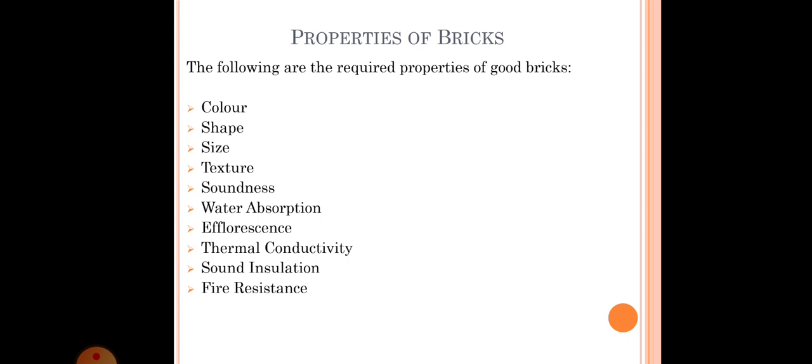Now coming to the fire resistance, bricks are usually good, and bricks are actually used to encase steel columns to protect them from fire. So more than the stones, the bricks are proven to have more fire resistance. Actually in the process of manufacturing bricks, like I told you, the bricks are burnt say at a temperature of more than 1100 degrees Celsius. So that means it is highly fire resistant. So these are the desirable properties of bricks. I hope it is clear.